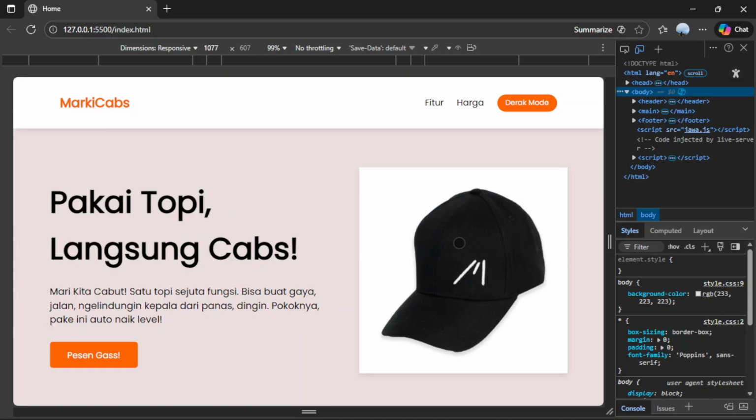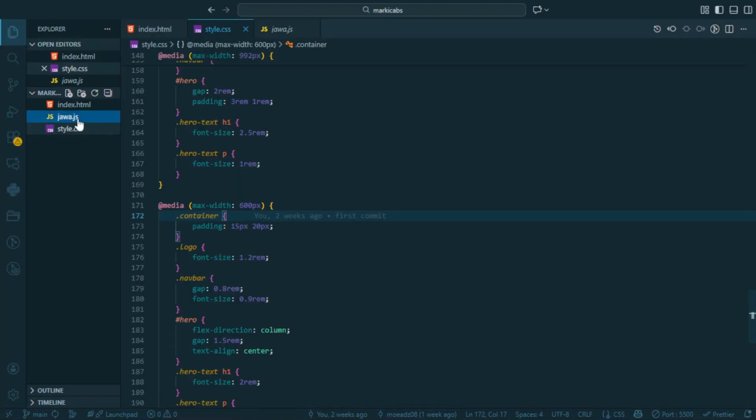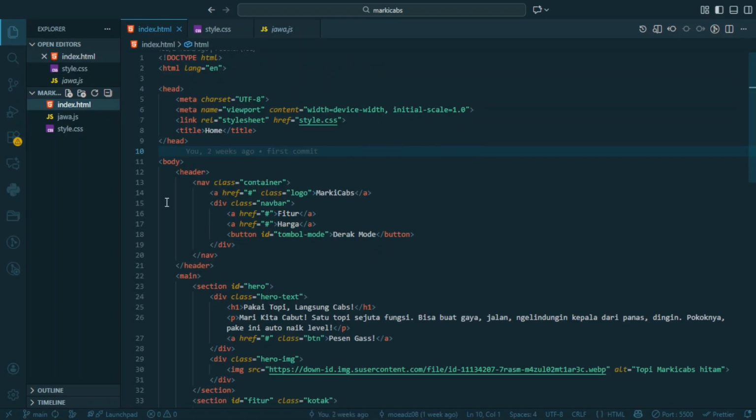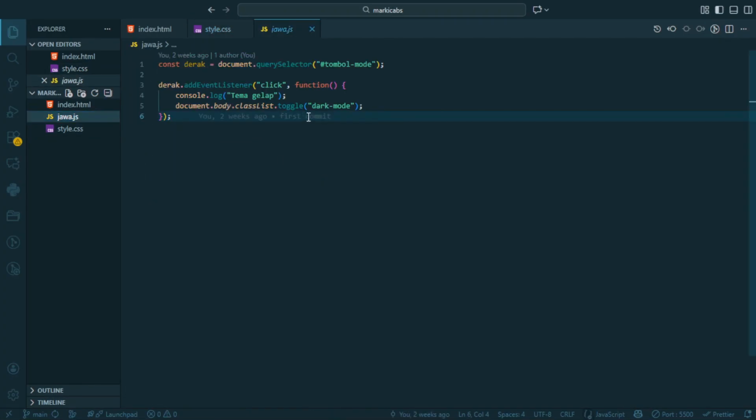And maybe the last is I will show you how dark mode runs. I use JavaScript. The tombol mode is the ID from this button, and then dark mode. I change the variable into dark, and then this click function.